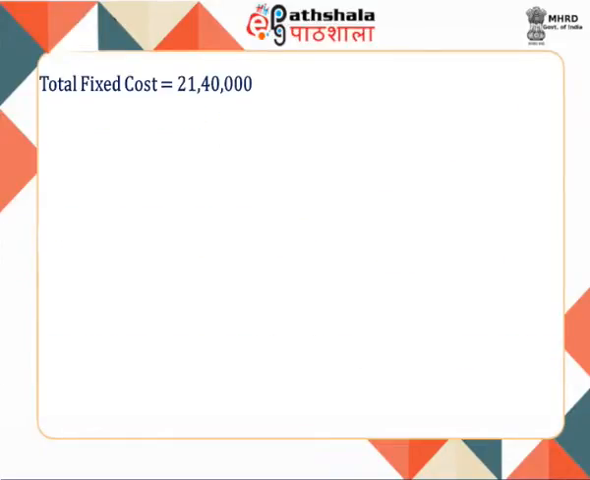Let us assume that the total fixed cost of a firm for the year 2013-14 is rupees 21,40,000, which includes a depreciation of machinery amounting to rupees 2 lakh, notional rent of the building rupees 1 lakh, and a deferred revenue expenditure of rupees 40,000. If the selling price per unit is rupees 300 and the variable cost per unit is rupees 200, then the cash break-even point may be computed as